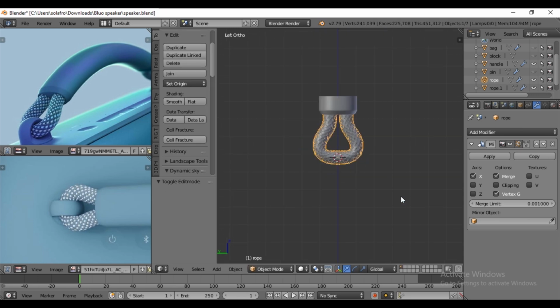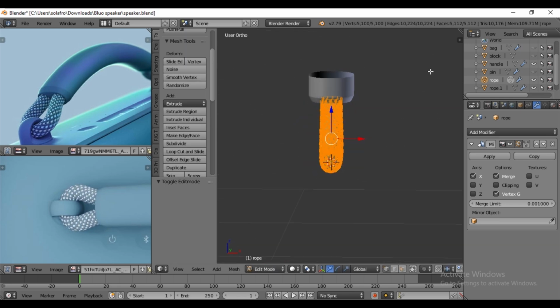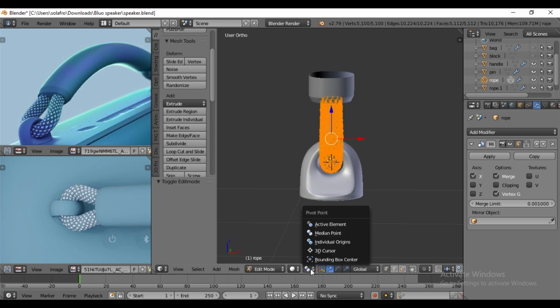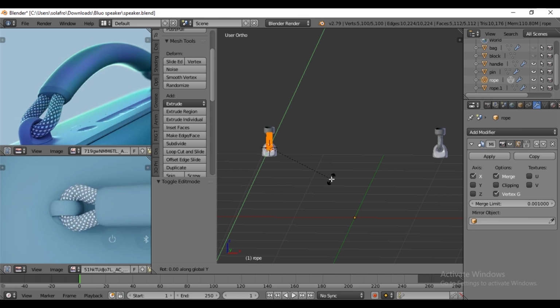In object mode, if we rotate it from the origin, and also in edit mode, it does not work. So to fix this, in edit mode, go to the pivot point, change from median point to 3D cursor. Rotate by pressing R in the Y-axis 45 degrees.